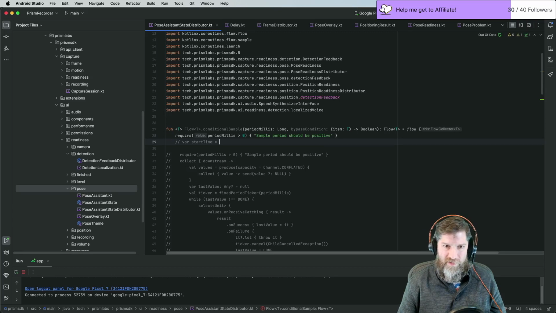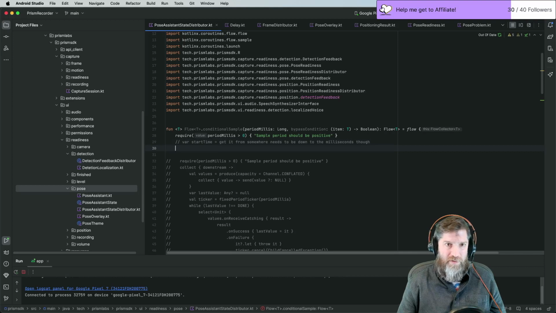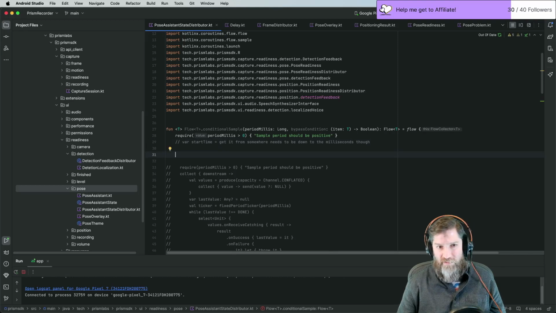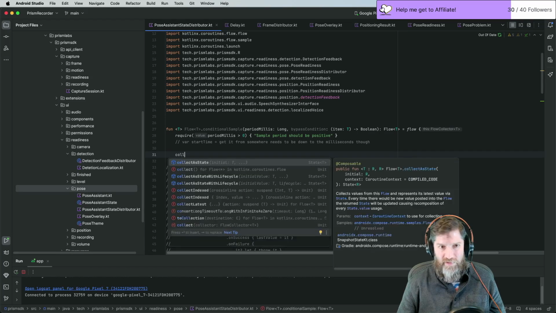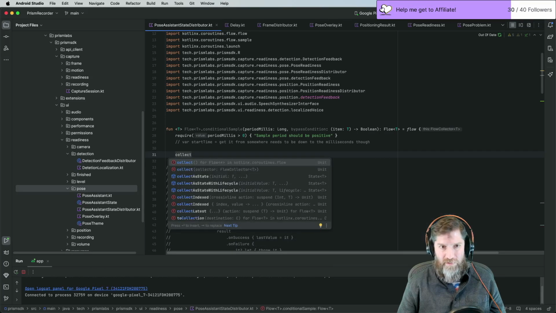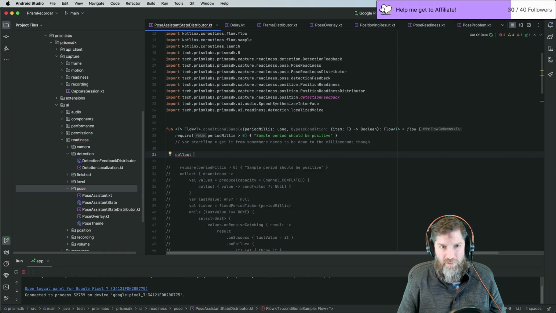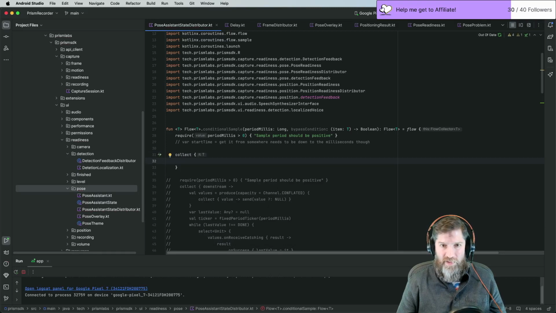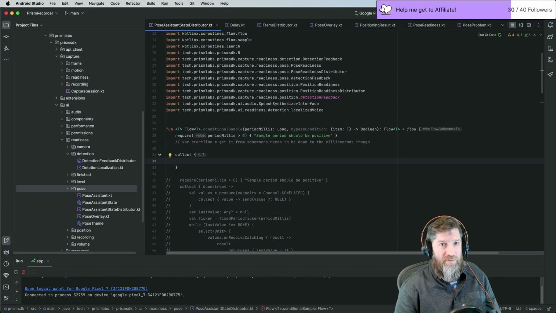If we assume we have this, get it from somewhere, it needs to be down to the milliseconds. So, okay, assuming we have that, let's assume that every time we collect it, which is t,